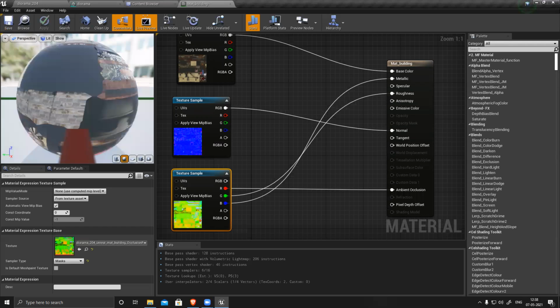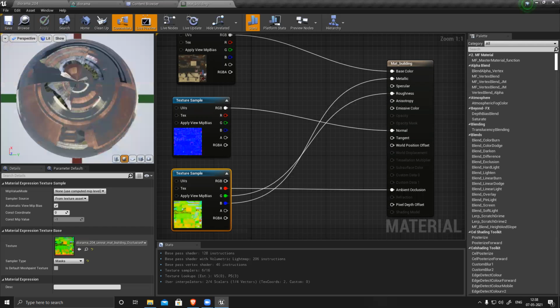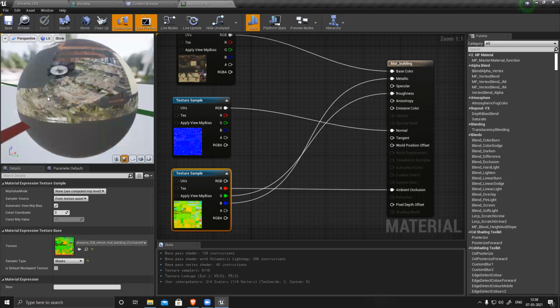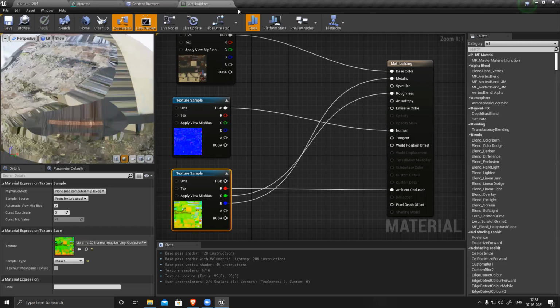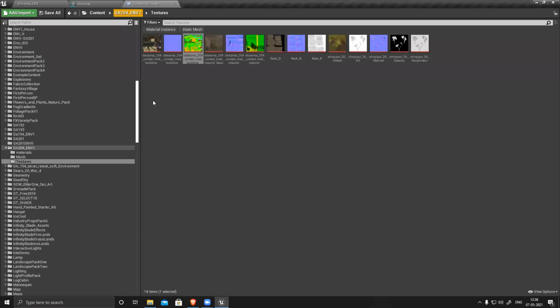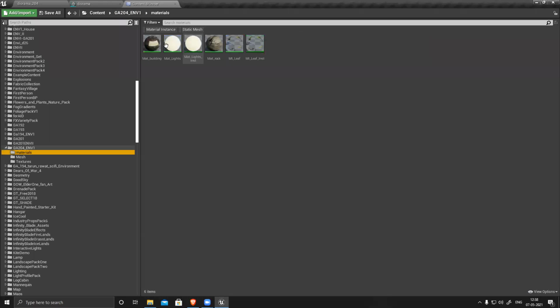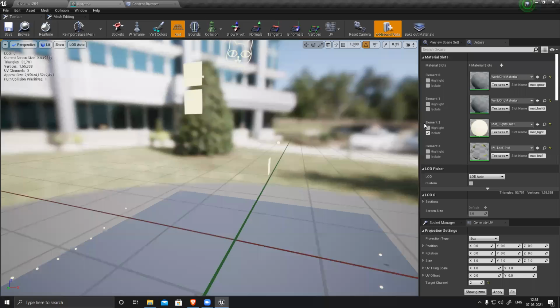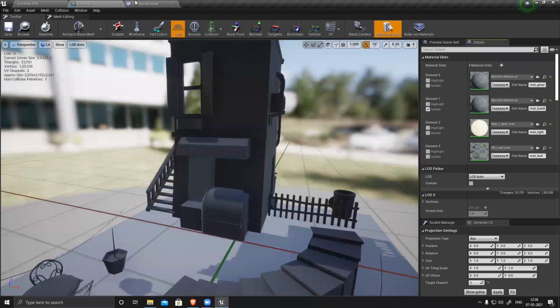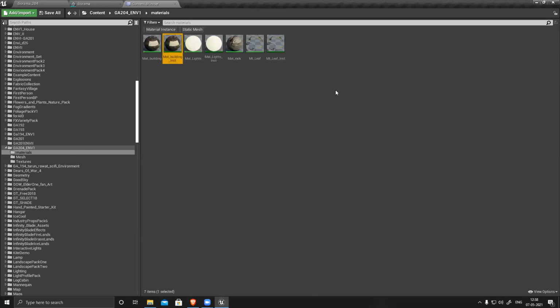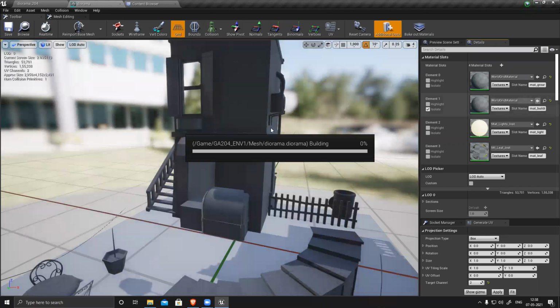You see my texture is ready. And I can see a couple of things that are super glossy. Let's see. Material, this one. Right click, create an instance. Always apply an instance to your model. This one is my main building, so I'll select my instance and click this arrow. It will apply to the building.